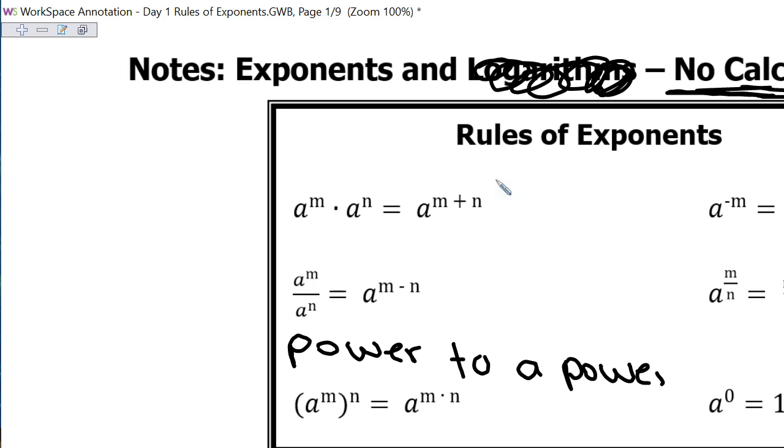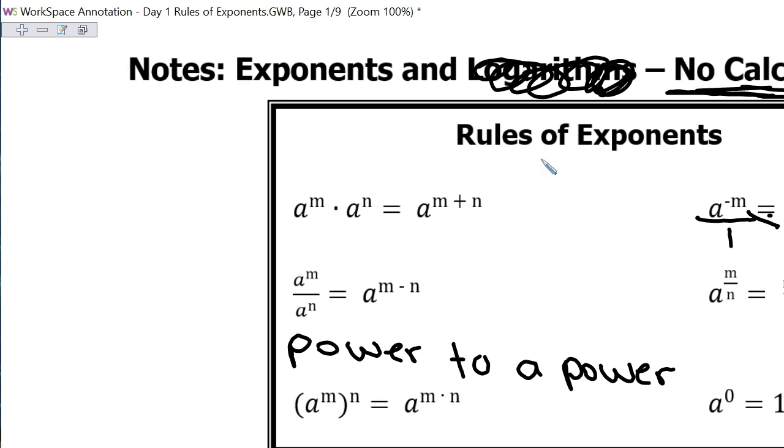And the next one, this one's pretty important. Do not leave a negative exponent in your answer. To get rid of a negative exponent, you send it to the other side of the fraction. So I can make a to the negative m become a fraction by putting it over 1. Notice this up here in the numerator, so send it to the denominator,